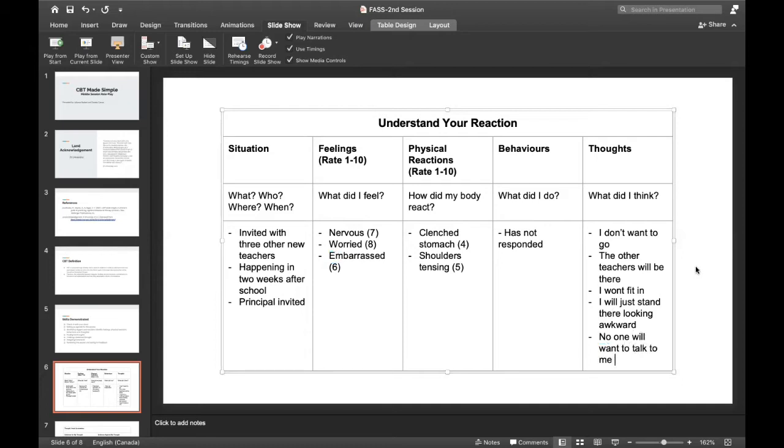I want to be sure I understand what about the invitation to the barbecue is so distressing for you. What is it about being there with all the other new teachers that is so distressing? It's not just the invitation, it's just being there with all the other new teachers. It's hard to figure out, but I guess that I just won't fit in. I think my biggest fear is that they won't want to be my friend.